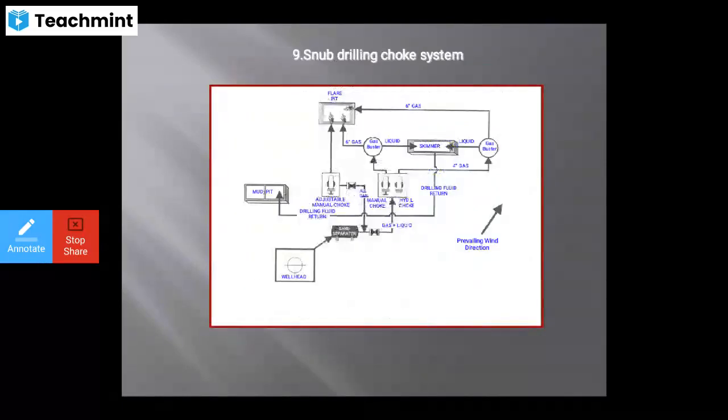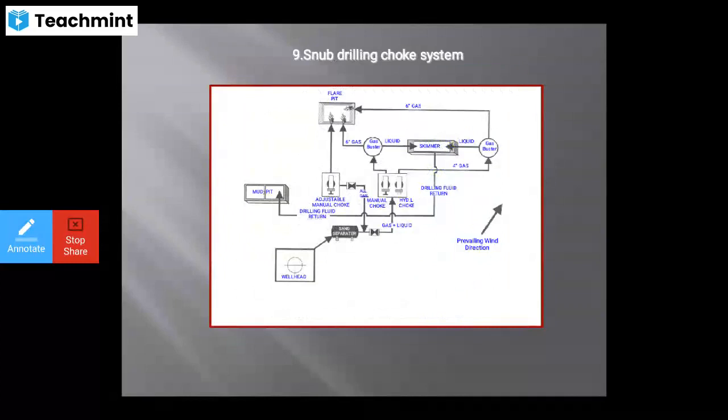So, snub drilling choke system. What is the snub drilling choke system? You can see the wellhead, then the sand separator, then it goes to the gas liquid, then it goes to the ideal choke, then the manual choke, and the other line goes to the drilling fluid return line to the skimmer. From the manual choke, all the gases are sent into the flare, and the mud pit also,